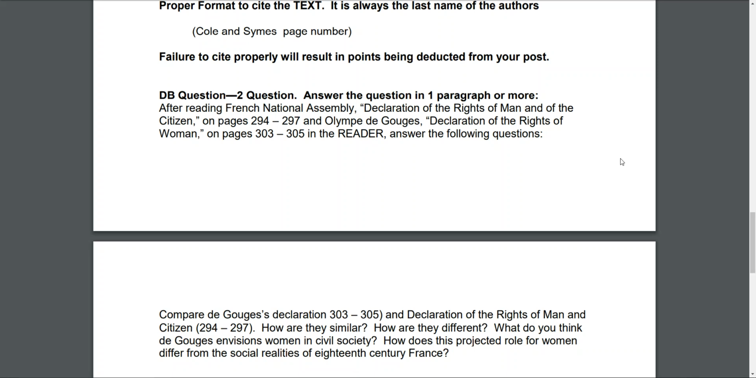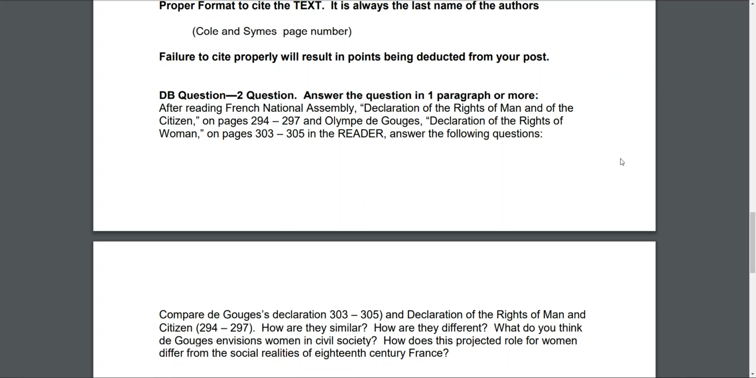And what do you think de Gouges envisioned for women in civil society? And how does this projected role that is given for women differ from the social realities of what life was really like? And again, both of these documents, in one sense, you can say, are kind of the ideal, right? Both of these are kind of the ideal. But how does this